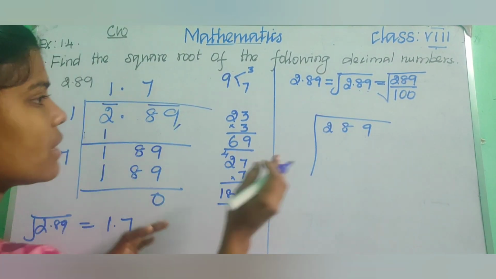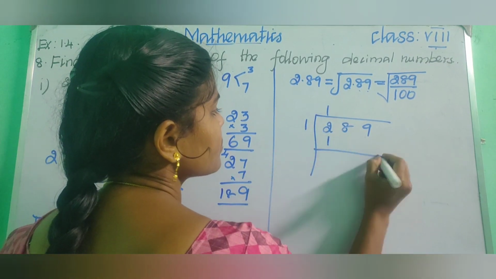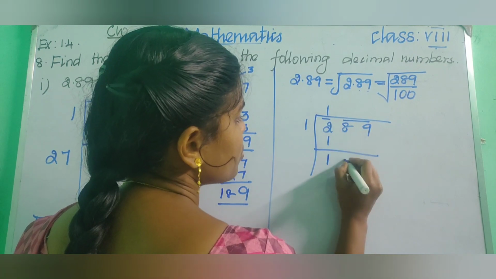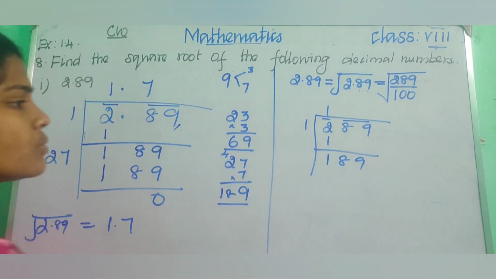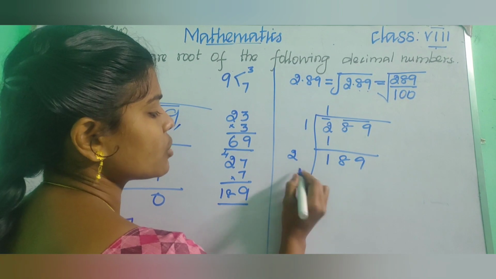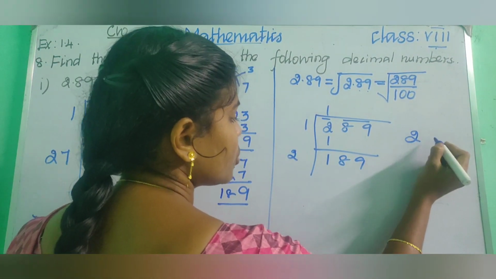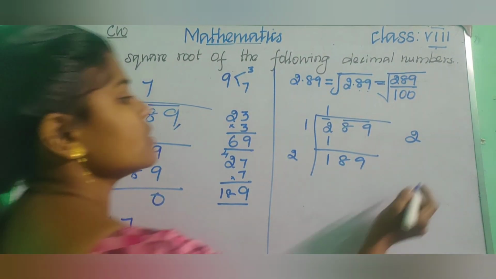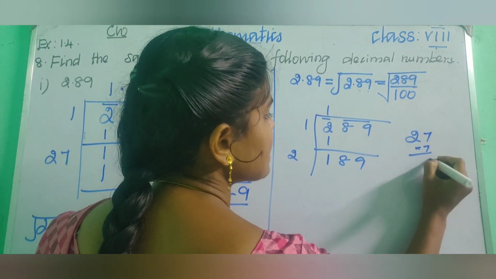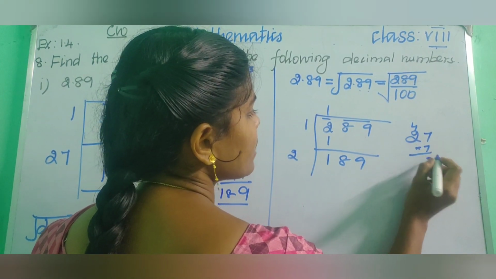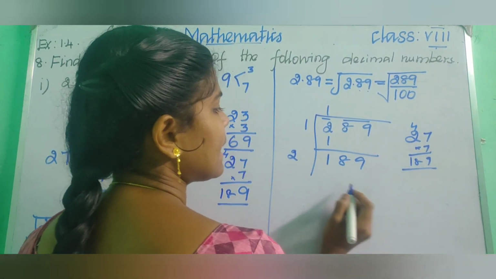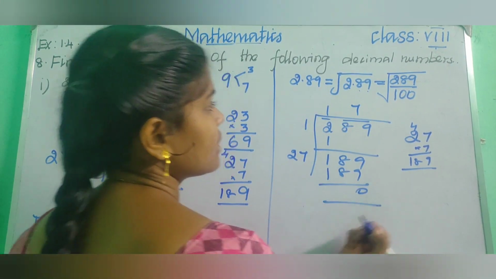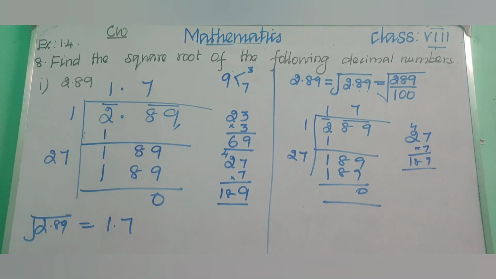The same, right? So 1 is 1. 2 minus 1 is 1. Now let us bring down these two. So 89. 1 2 is 2, we get 2 here. So here what did we get? 7. So put 7 into 7. 7 7s are 49. 2 7s are 14, 18. We got 189. So we put 7 and 7 here. Okay, children, is it clear?